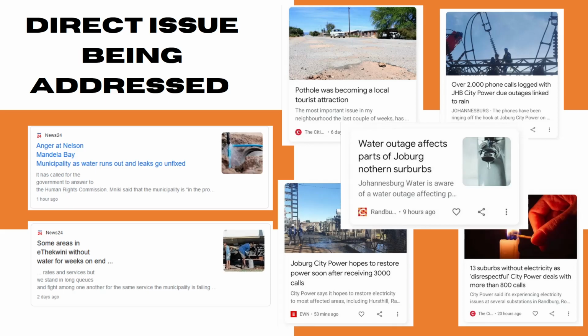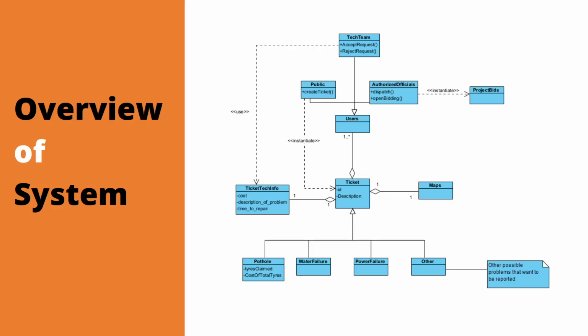Okay, great. So now that we have that basic idea, we can see that illustrated in a more domain model template, where we have users. The users are public, tech team, and authorized officials. Authorized officials being city officials and tech teams being technician teams. Public will create a ticket. An authorized official will then dispatch this ticket to a technician team who can accept or reject the request and